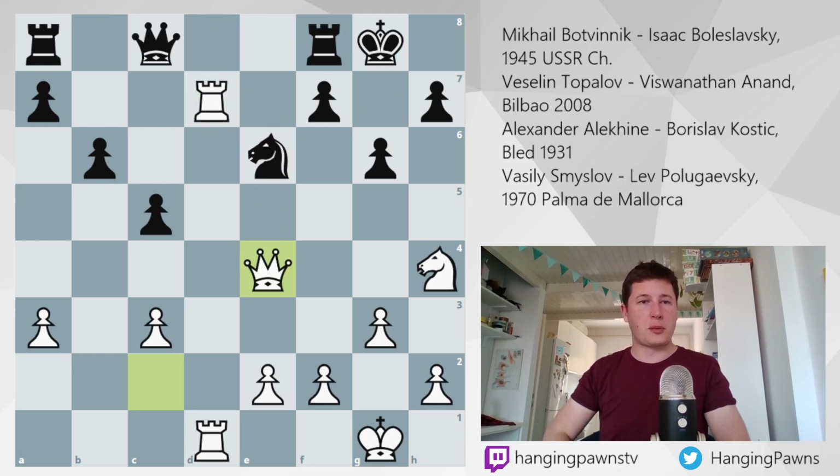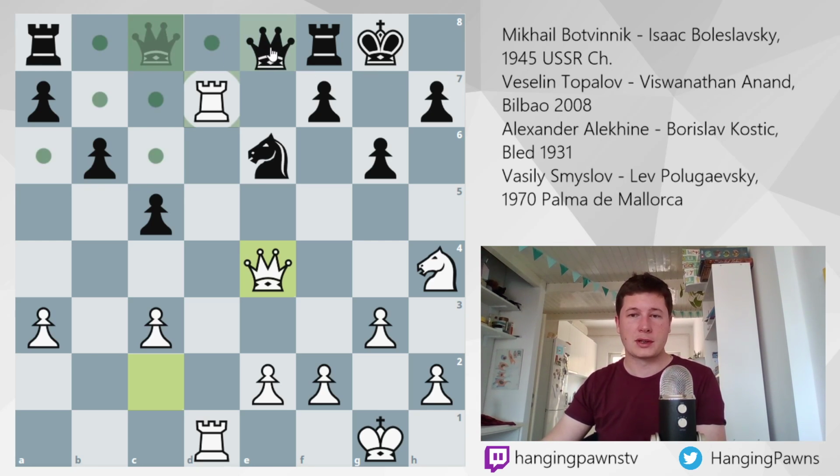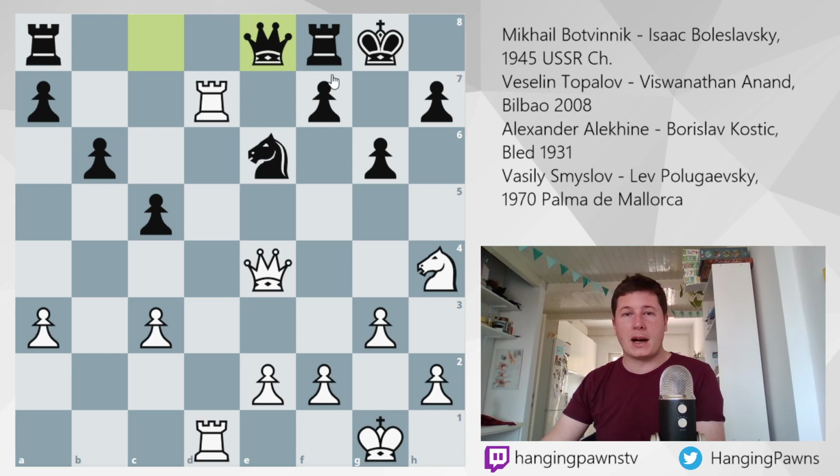For the moment, Topalov is controlling everything. He is controlling the file. Black's king side is compromised. Black's knight is the only good piece in the position. You could argue that black's queen and rooks aren't really playing. So he plays the move queen to e8, which, I mean, this move is designed to prepare rook a to d8